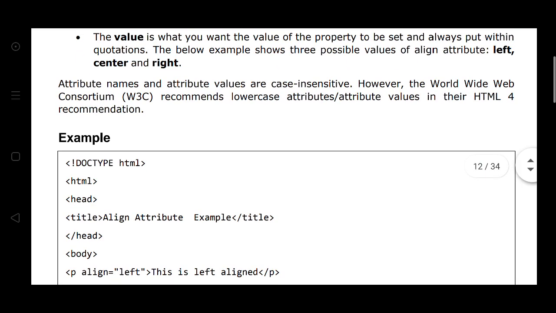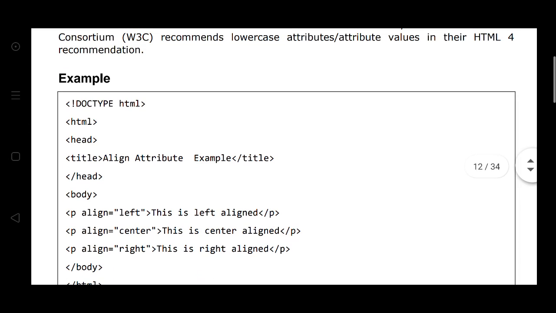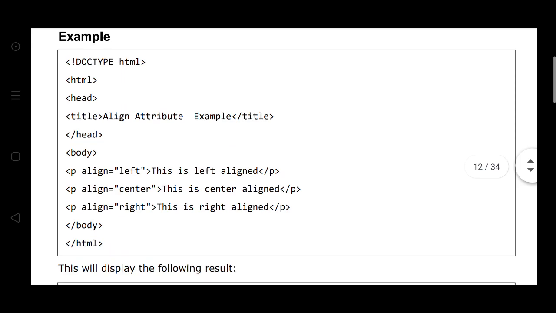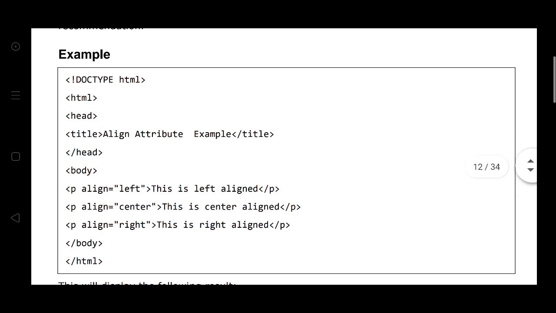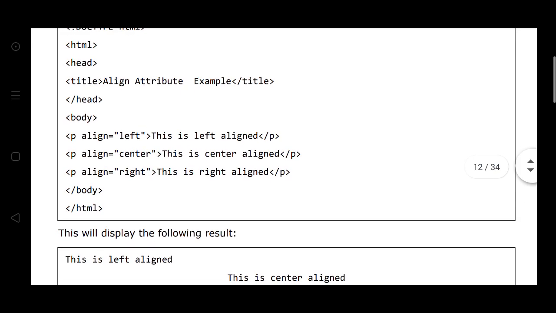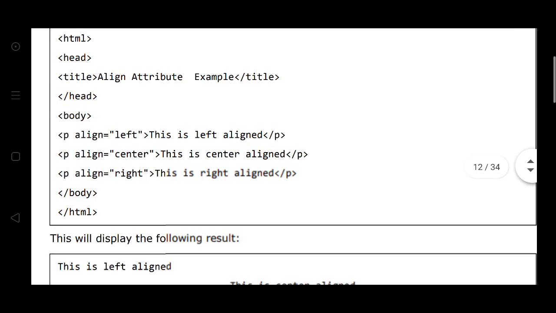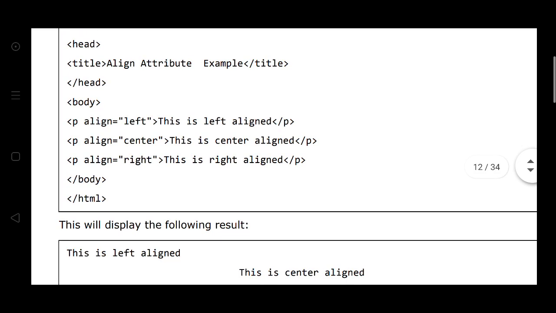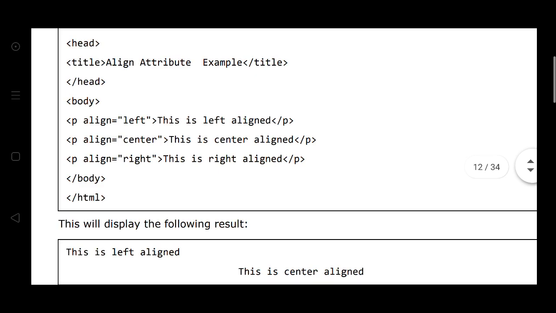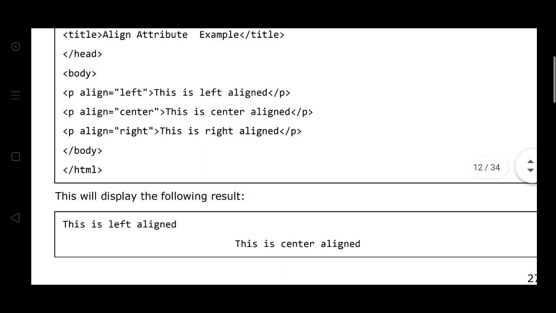Here is an example of this attribute. DOCTYPE, HTML, head, title: align attribute example. Then the body opens.